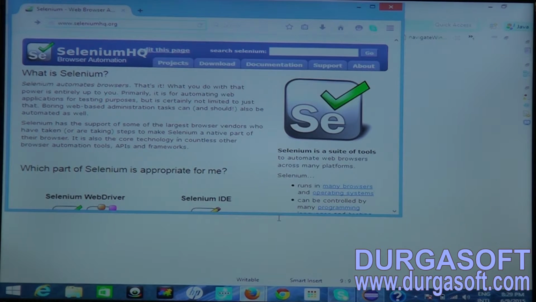Okay, by using navigate.to, you have to mention the URL in the to method. Okay, so if you want to go back to your window again, you have to use the navigate back command. Okay, so if you want to go forward,